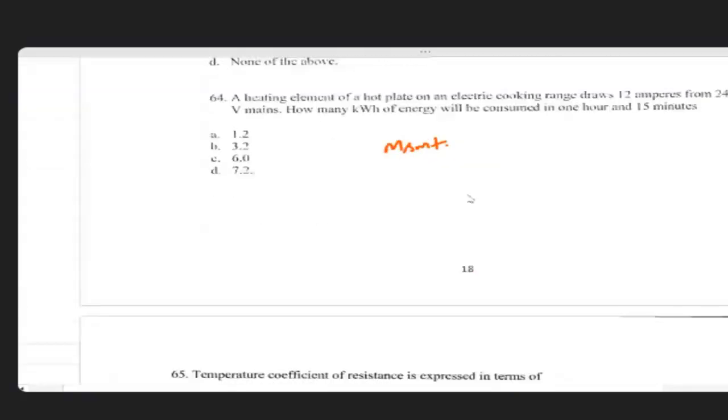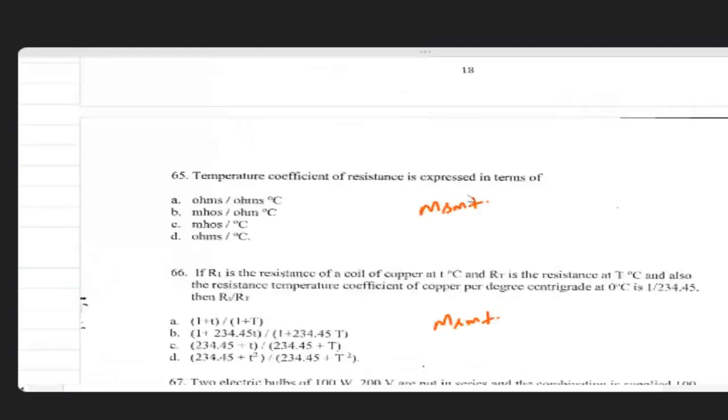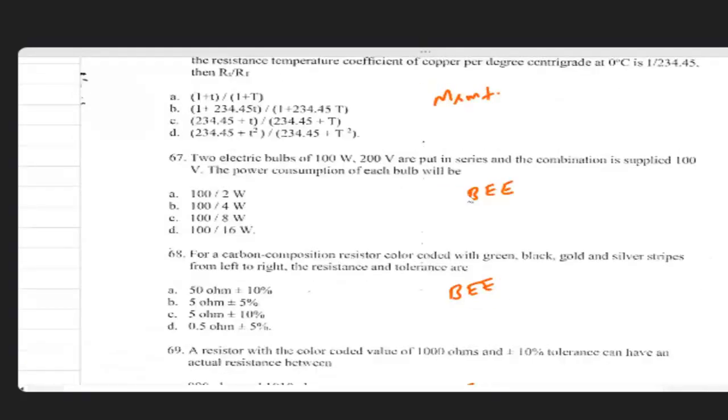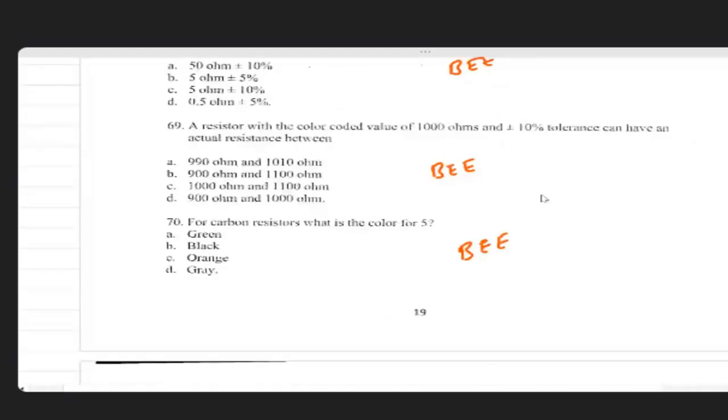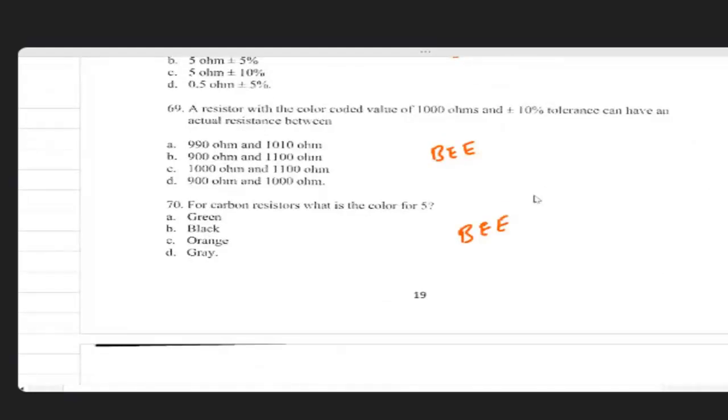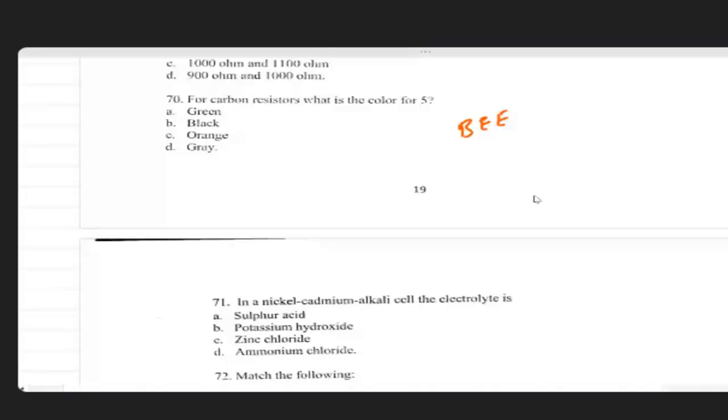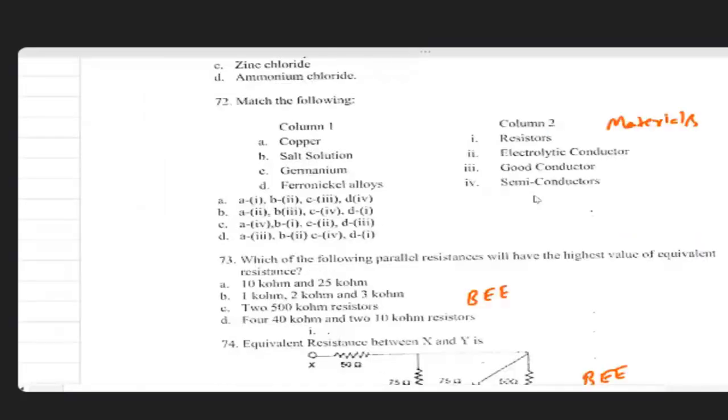This is from measurement. This is also from measurement, BEE. So you can see, I think 10 or more than that questions are from BEE. So definitely you will find fewer questions from BEE in the descriptive section. This is the difference. If the frequency of questions in the MCQ section is high, then you will find fewer questions for that subject in the descriptive section. So this is question number 72,